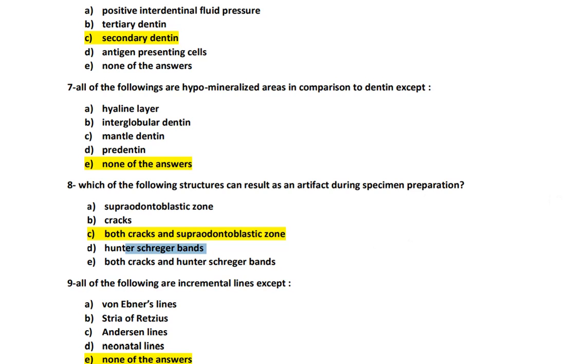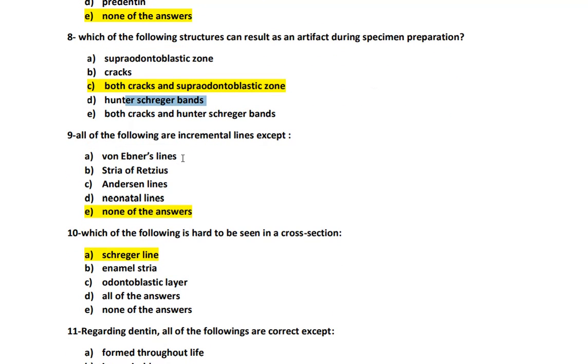All of the following are incremental lines except von Ebner lines هم اللاينز اللي بشوفهم اللي هو short period markings in the dentin. Striae of Retzius هم long period markings in the enamel. الأندرسون lines هم long period markings in the enamel. فهذول كلهم incremental lines. Neonatal lines بشوفهم بالإنامل وبشوفهم بالدنتين. اللي هم برضو بيكونوا عبارة عن incremental lines اللي هو before the birth and after birth بيميزولي الستريس اللي صار بالتوث before and after birth بيصير يعني change بالmineral component و change بالorganization of the organic matrix.